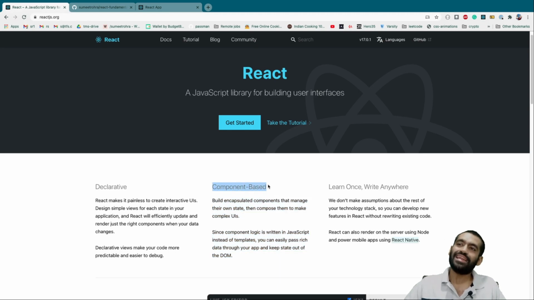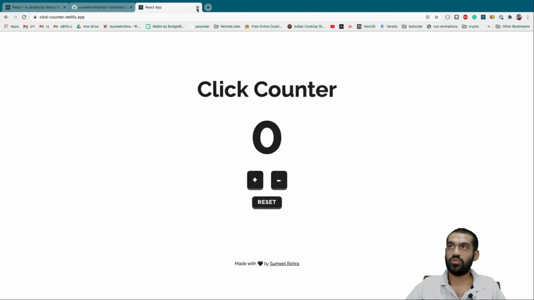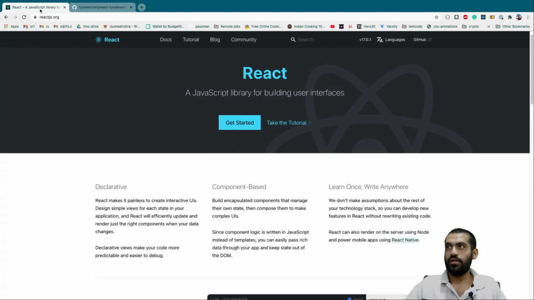What do we mean by declarative and what do we mean by component based? As far as component based is concerned, we'll be trying to understand this during our first application, that is this click counter, right? Let's just close this for now, and we'll first try to understand what does declarative mean and why should we care about React at all, right?